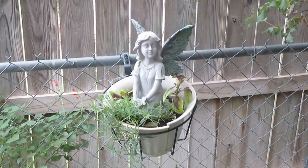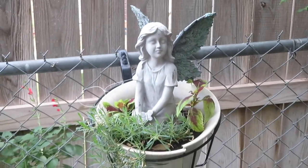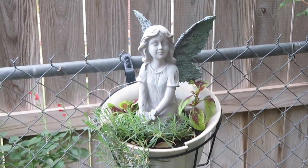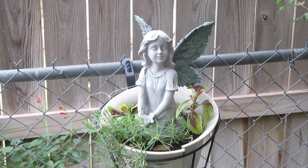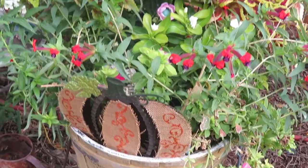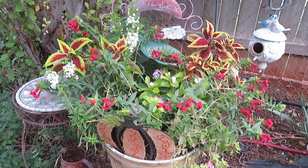I just set this little angel or fairy back up in her place. We had a little bit of wind with our storm last night. I've noticed several things were down and have to be put back up. I would normally put away all my little fall stuff so that I don't have to be out here when it's cold. But